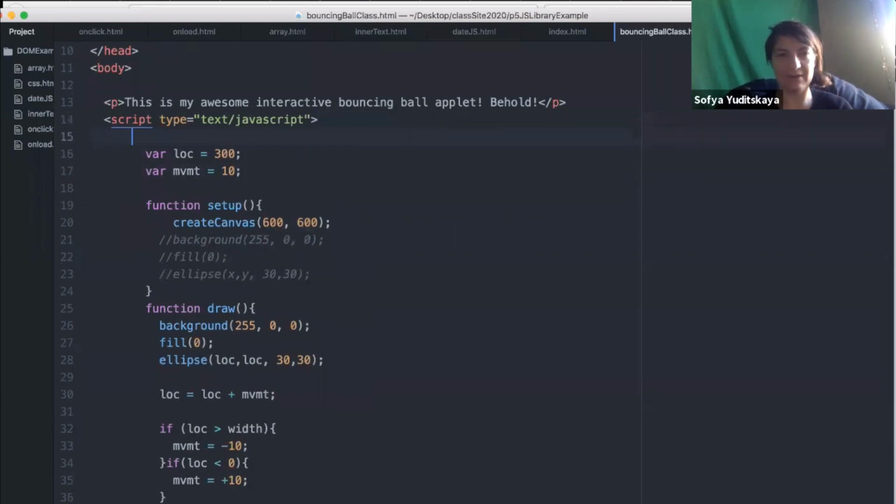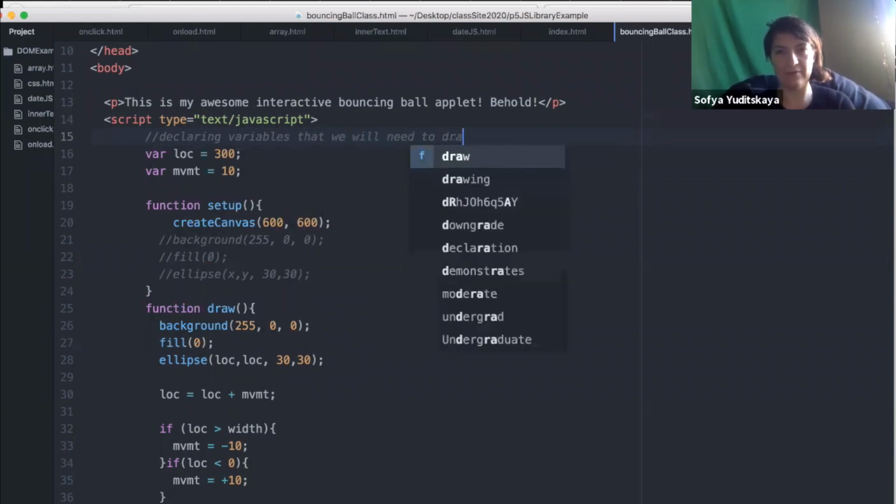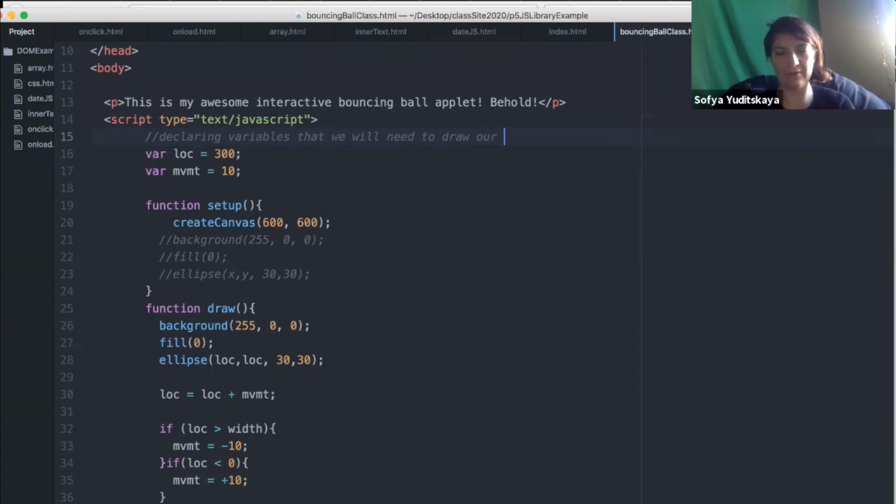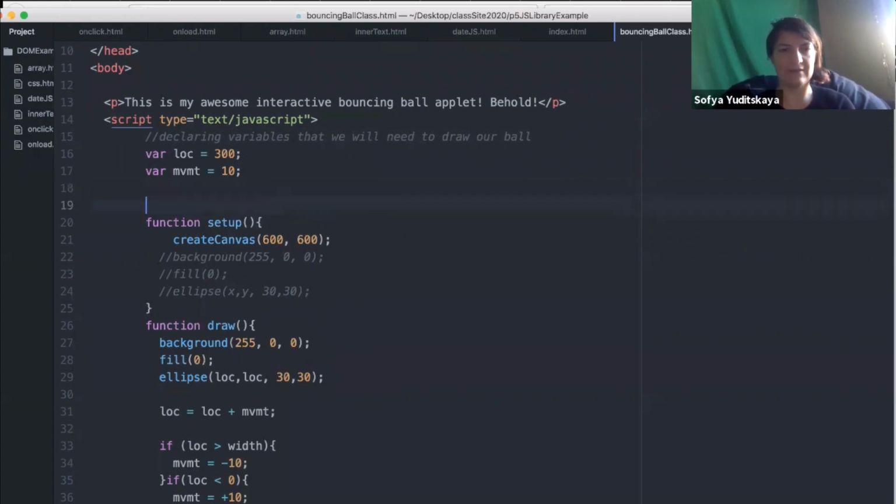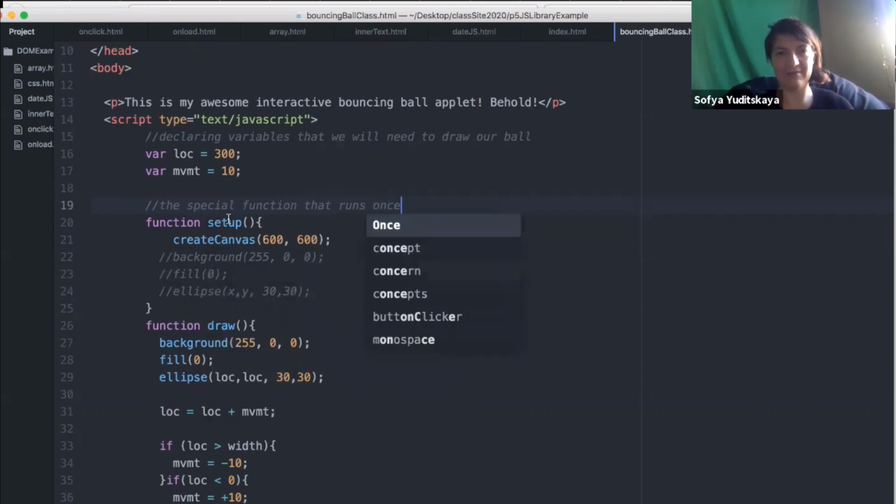And here we can describe what's going on. So we're declaring variables that we will need to, on the ball, and then function setup, the special function that runs once,